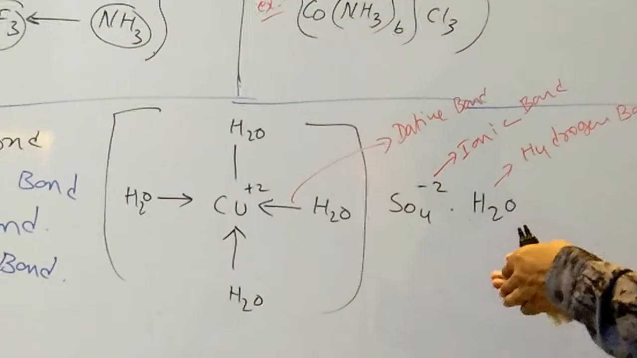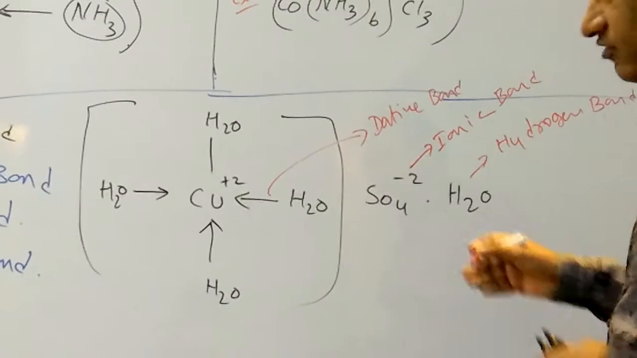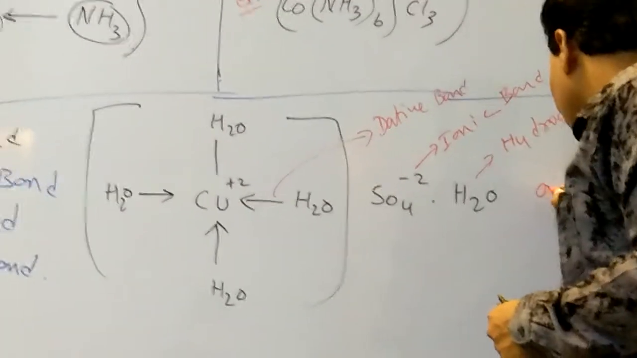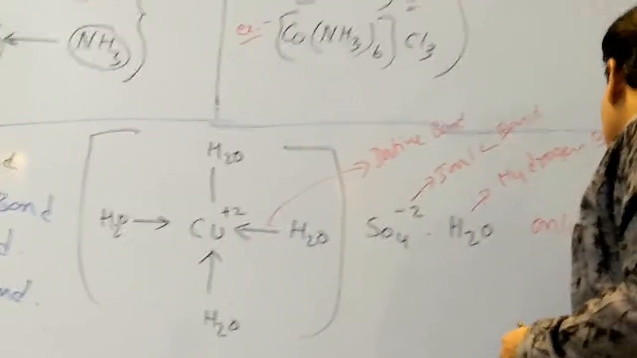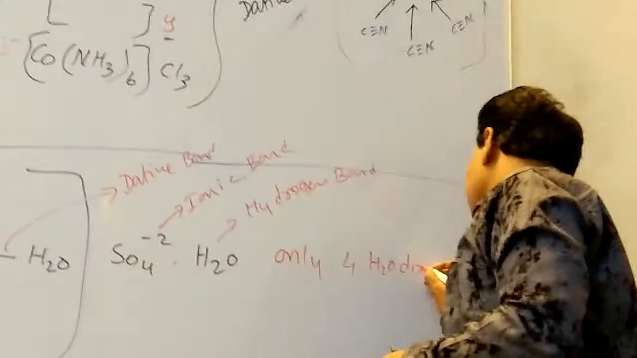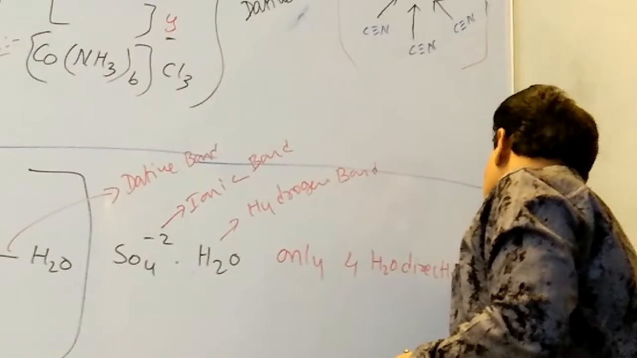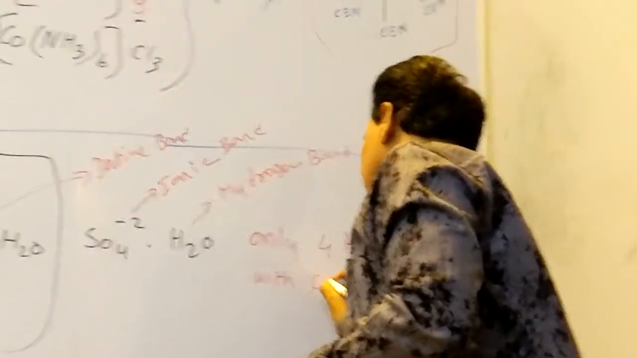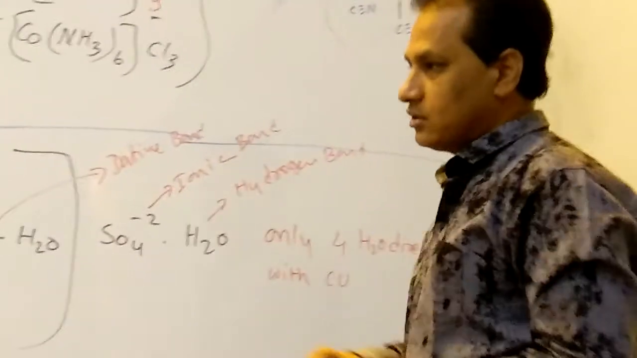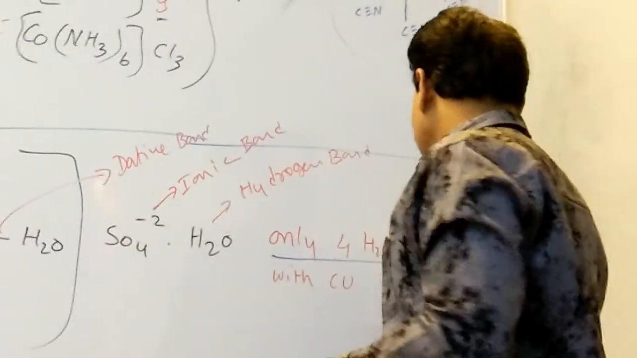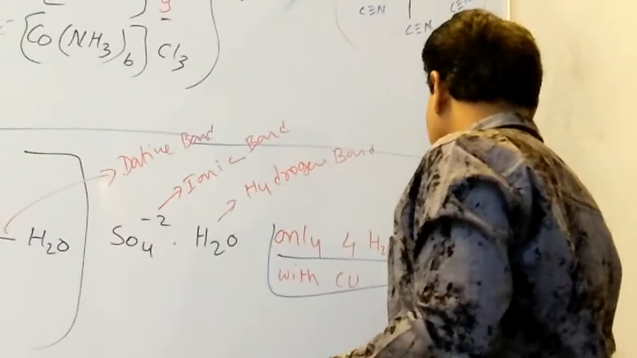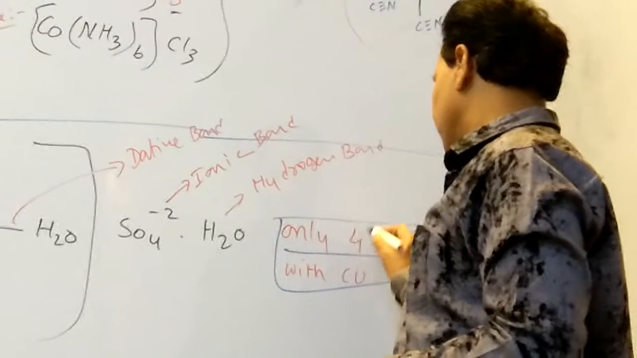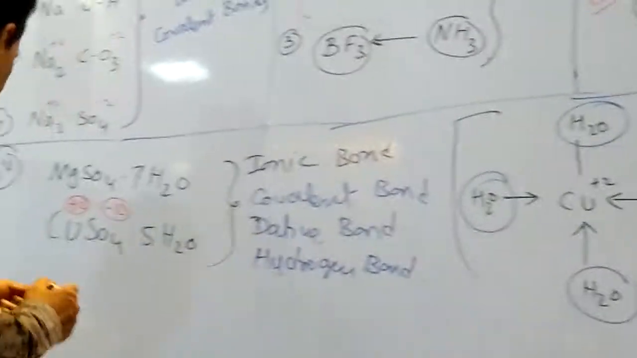Means how many H2O are linked directly with the copper? Only 4 H2O directly linked with copper, which is very important. Out of 5 H2O, how many are directly linked with copper? Only 4 are directly linked, and one H2O is outside. And